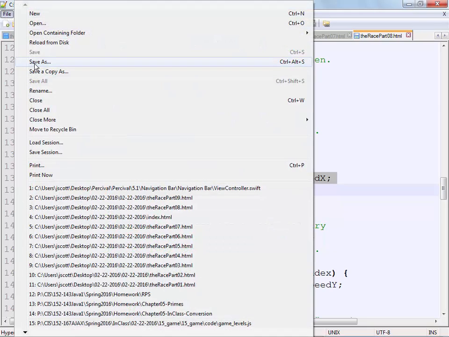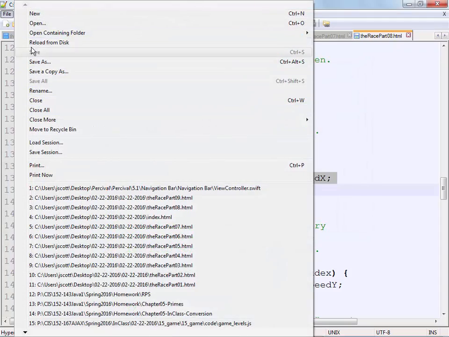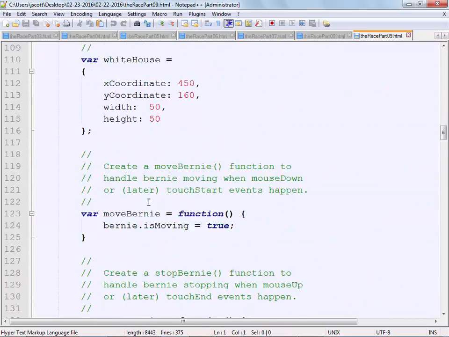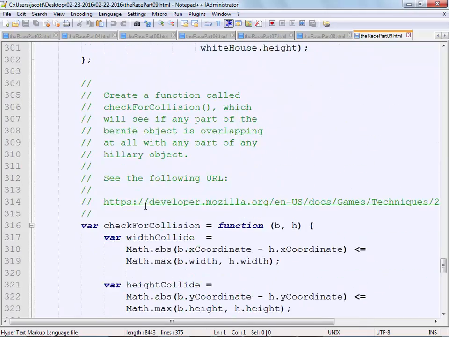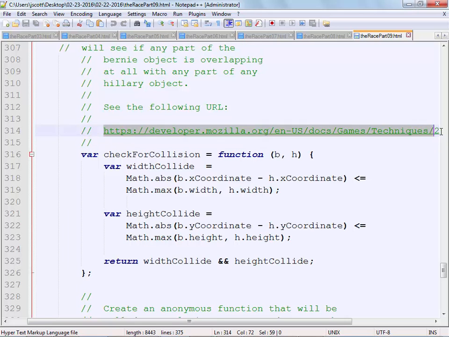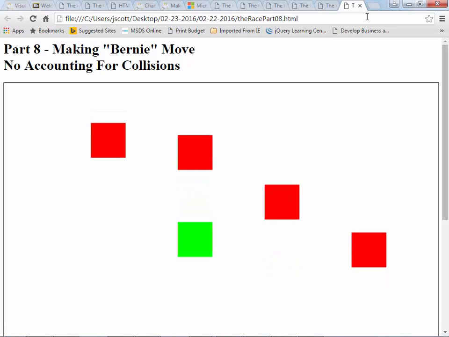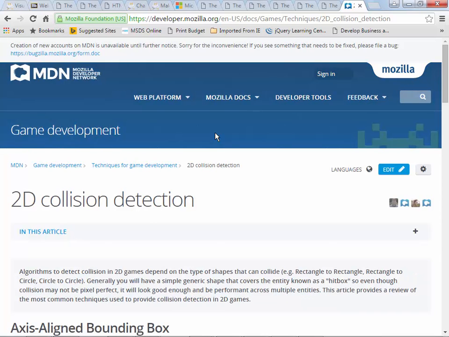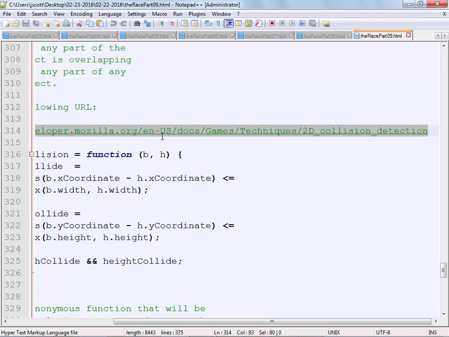I used it in a more simple way, just so you see it. And again, with this one, I did reference it in here. It's down near the bottom. There is a collision detection function in here. We'll talk about it in just a second. It's way down at the bottom. But this is what I went out to right here. I went out to MDN, the Mozilla Developer Network, and found this page on 2D collision detection. Because with this one, what we want to make sure happens is that it stops.